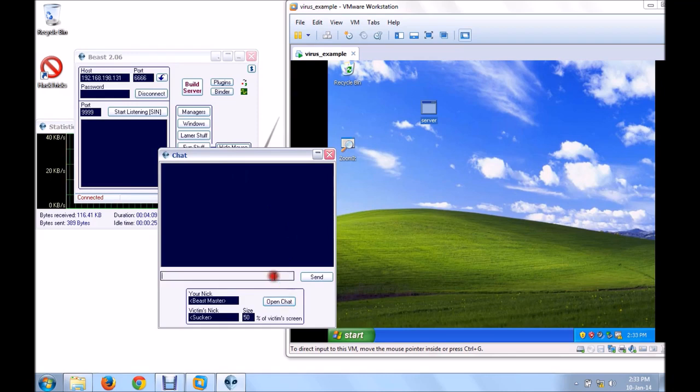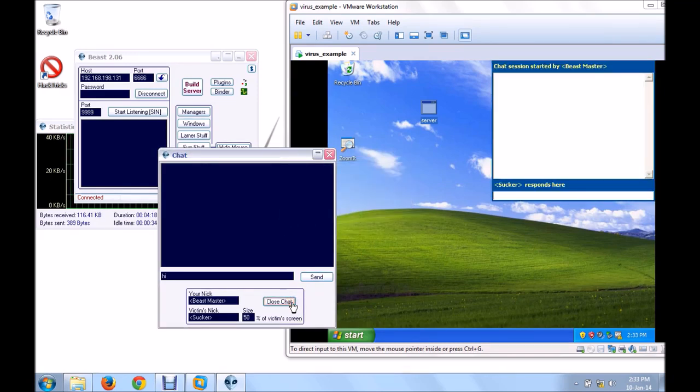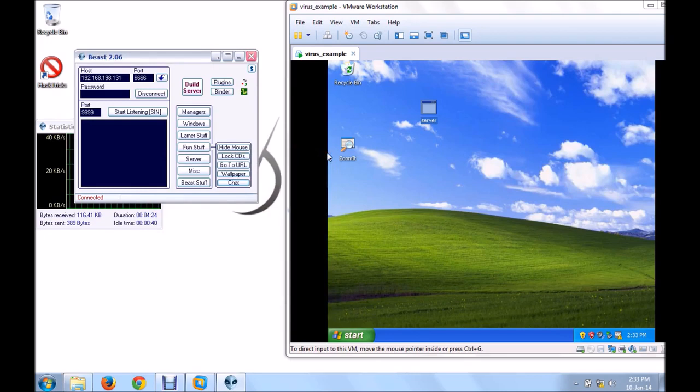You can send messages from here to the victim. This was all in a button named funny stuff.